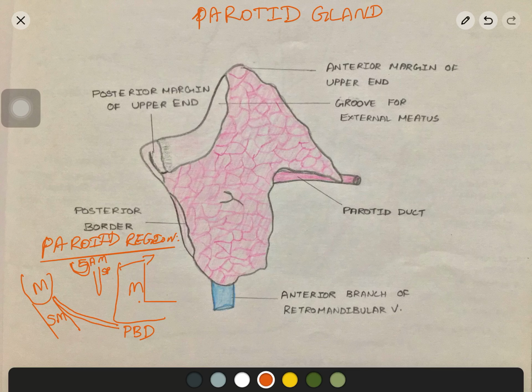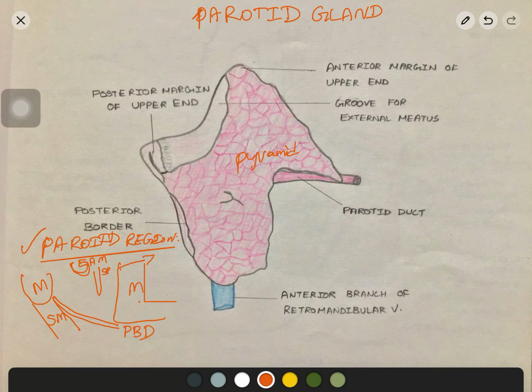So if you just place the parotid gland over this region, then we can understand the relations of the presenting parts. When we see the relations of the presenting parts, we will see again this parotid region. Now we will start with the parotid gland. It is the largest of the three paired salivary glands and its shape is like this, inverted pyramid shape, so that base is above and apex is below, and it weighs approximately 25 grams.